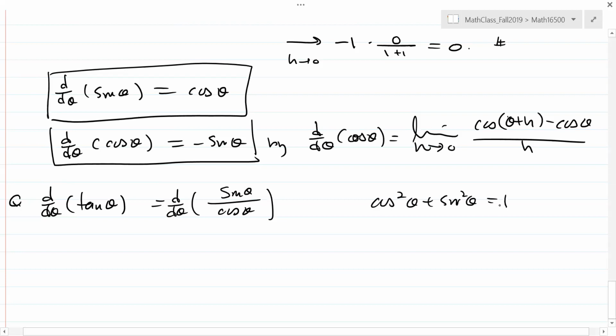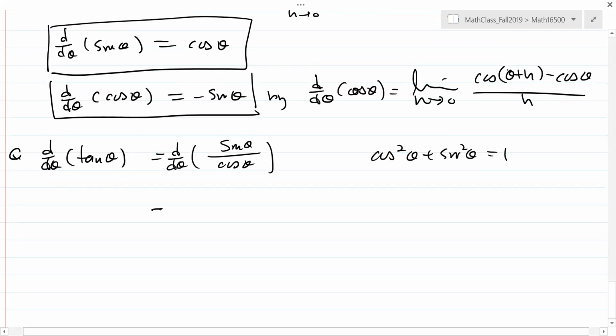So in trigonometric geometry, essentially only one function is needed, sine theta, because cosine theta is plus or minus the square root of 1 minus sine square theta. Tangent theta is sine theta over cosine theta. Cotangent theta is cosine theta over sine theta. But why do we name so many different functions? Because it's convenient to express things, so we give a couple more names. All right, by the quotient rule,